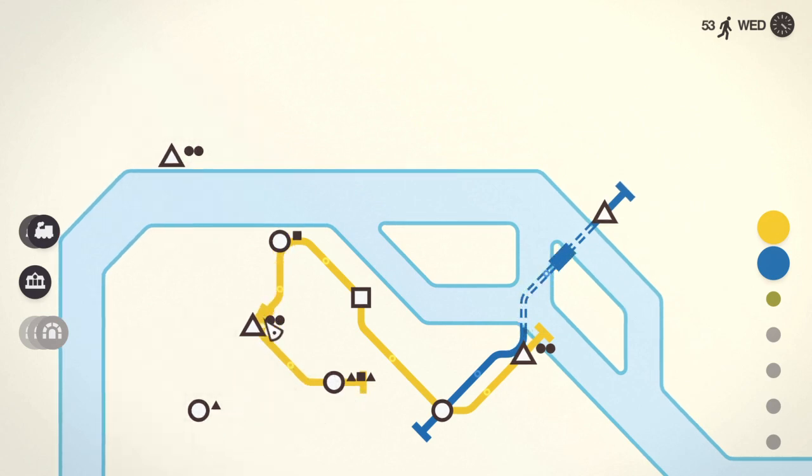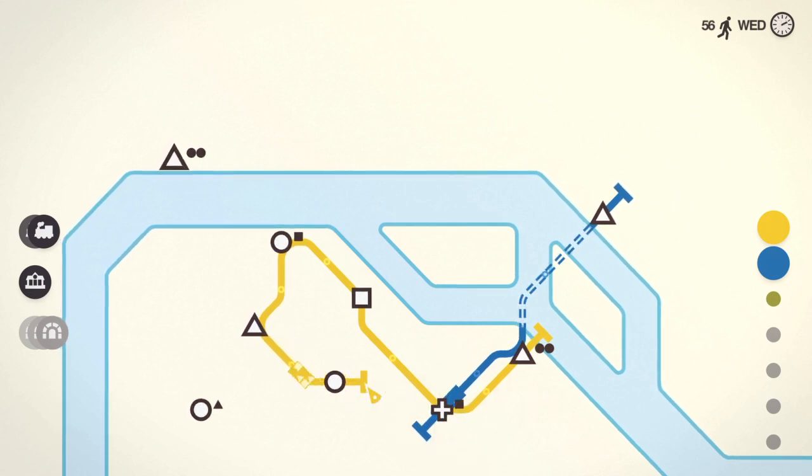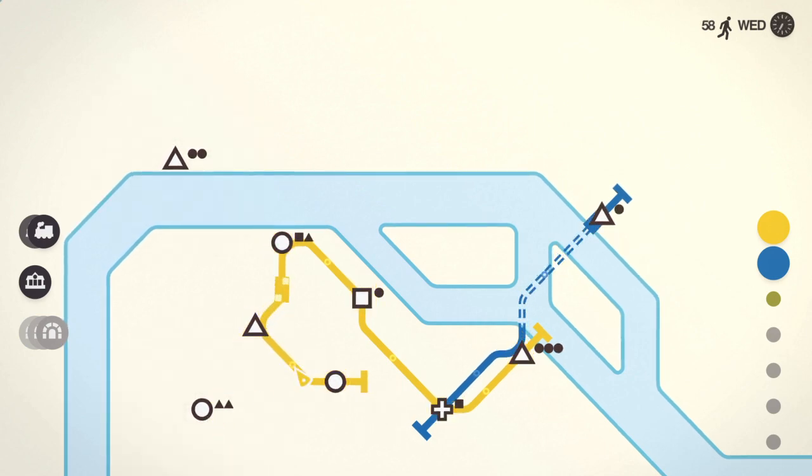Kind of leave that where it is for the time being. I want to see where the next station will crop up. Oh, and that changes that to a cross. Now, quite often these types of things will be super annoying because...